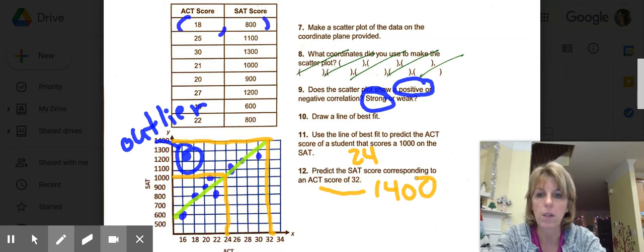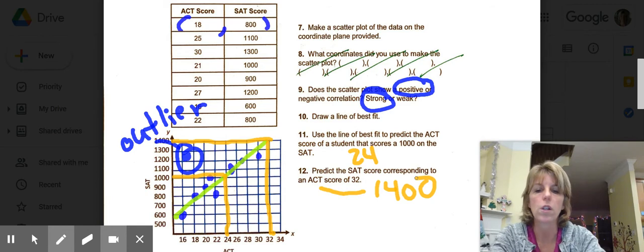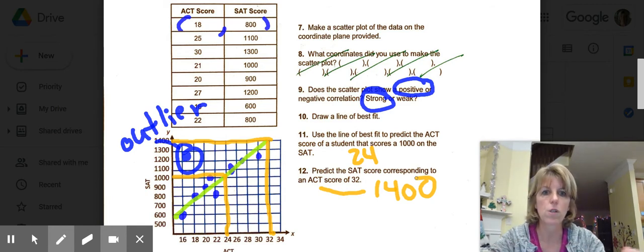Now, the one other skill I want to get to that is going to be on the back of the paper, because you're going to do the back paper on your own, is calculating that line of best fit. It's called a correlation coefficient. Correlation coefficient is how close or how far the,